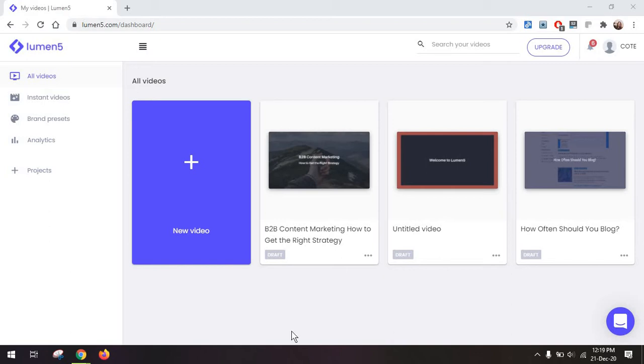To get started, know that this tool is very simple to use if you are already familiar with other similar formats of the editing dashboard. Now, before starting from scratch, we are actually having a look at the top feature for Lumen5, which is the